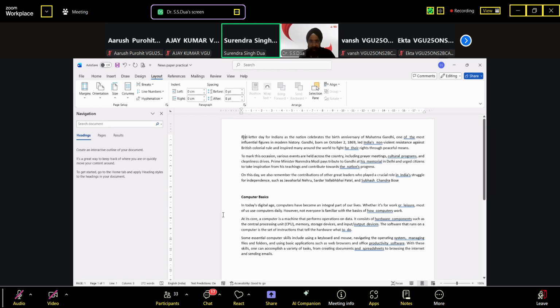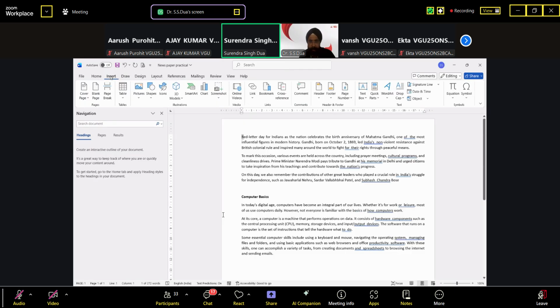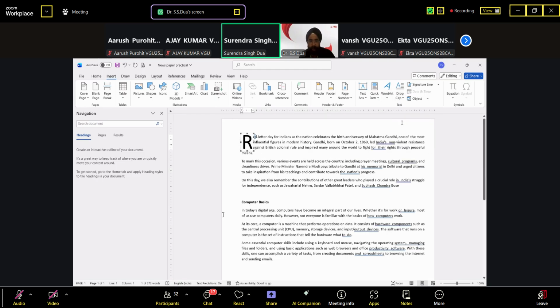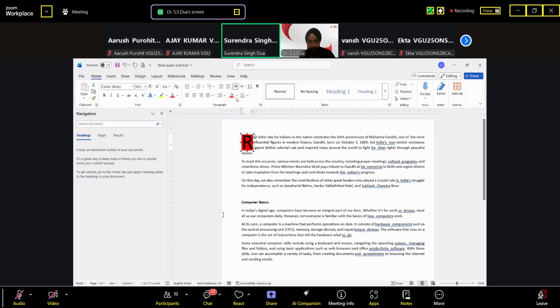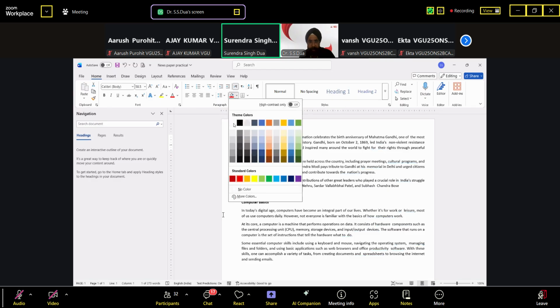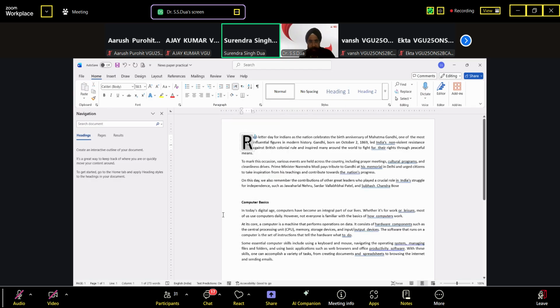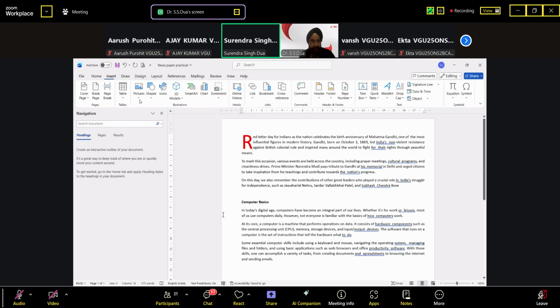Now in this, the first letter is called a drop cap. So select drop cap like this one. It is a drop cap with red color. It is given in your question. Sorry, it is white. This is red color. Now second is insert the picture of Gandhi ji